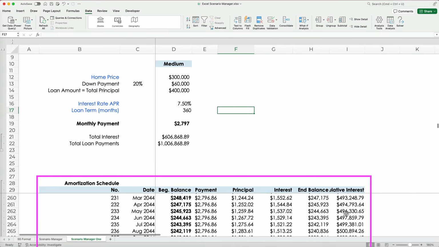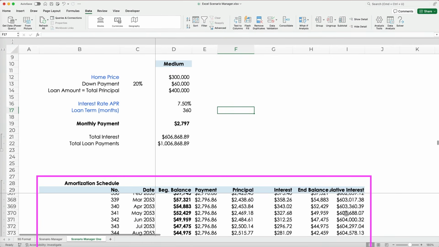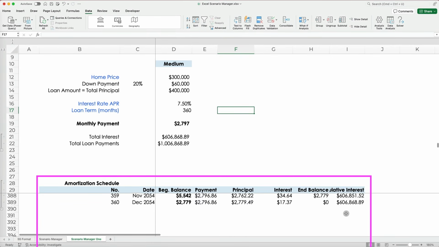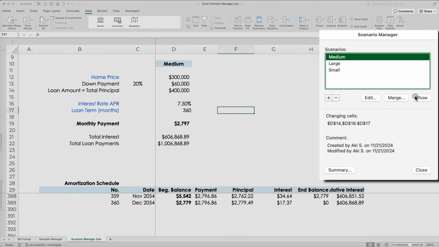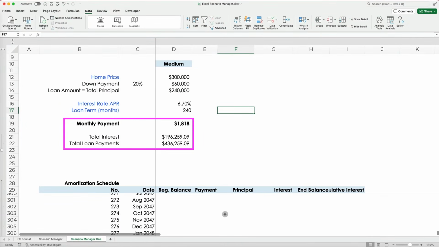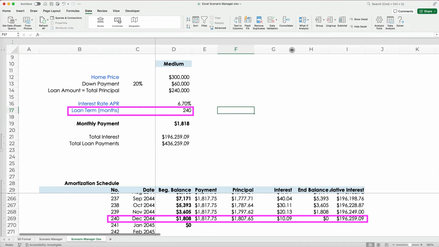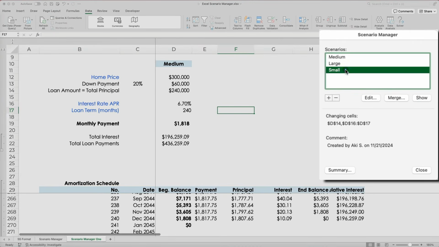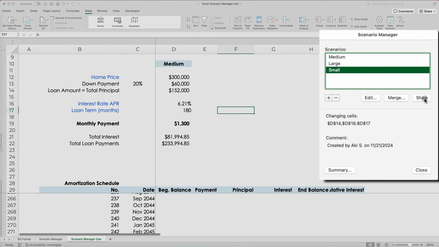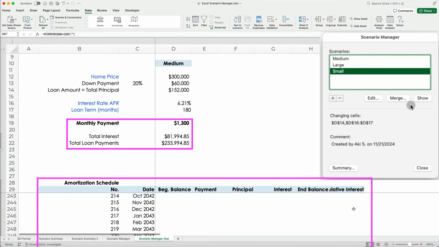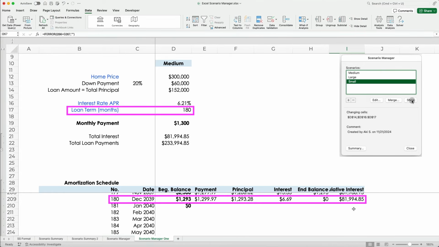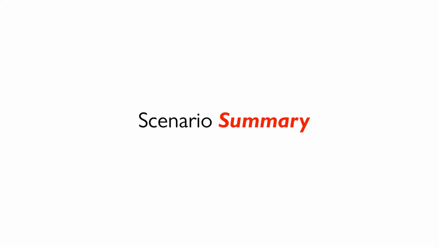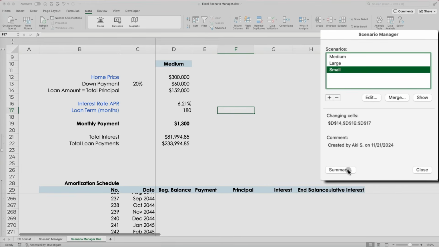A new amortization table is also generated, in this case with 360 months of payments. I can switch back to the original medium home scenario, which is why I had you save the original data. This scenario has 240 monthly payments in the amortization table. When I select the final small home scenario, the monthly payment, total interest, and amortization table update to reflect 180 monthly payments. It is hard to keep track of the monthly payments of all the scenarios, so to compare them